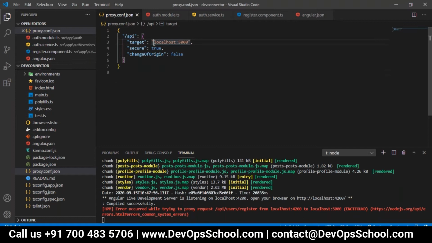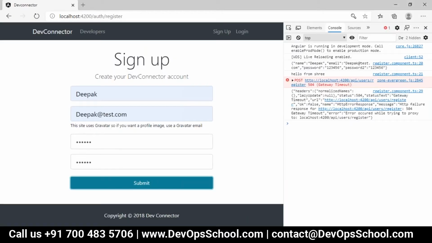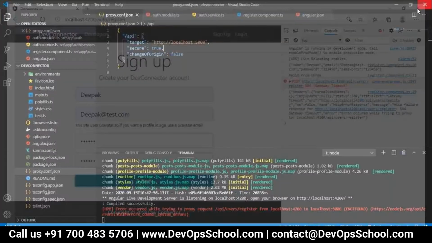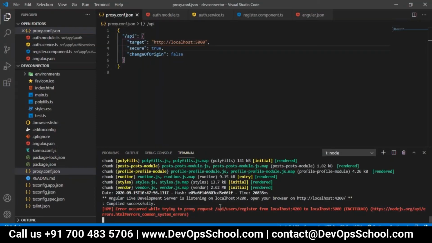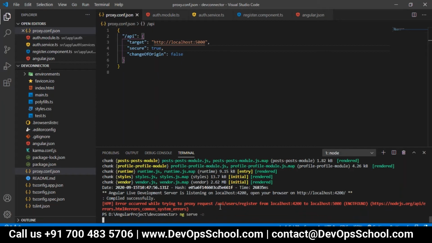Oh, that is also important. Yes, that's it. Now Deepak, you have to take a hard restart because we made a change in a configuration file, right? That's the reason. You take a hard restart, it will work now.